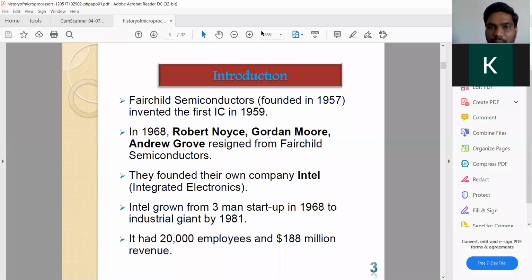Intel was established in 1968 by these three people. Intel grew from a three-man startup in 1968 to an industrial giant by 1981. These people started Intel as a startup in 1968, and they developed that company into an industrial giant, that means the topmost